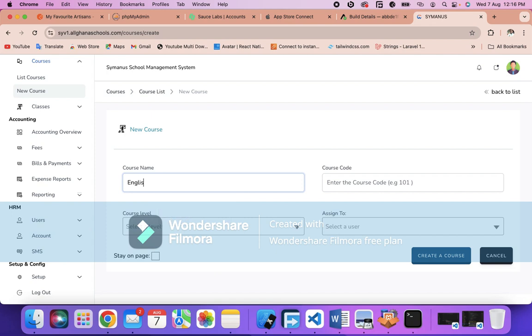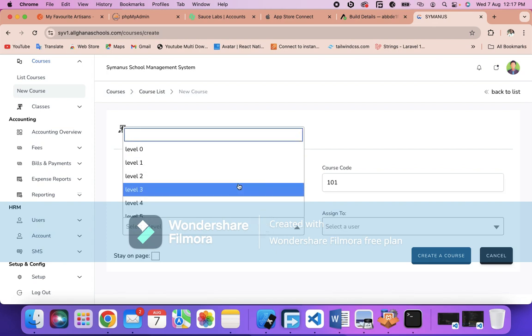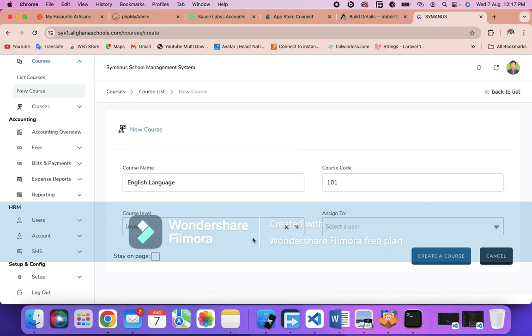So if English language course, say, and you provide a course code, you provide a level. So when I choose level 3, that means all classes that belong to level 3 are going to be studying this particular course. So English language 101, or I can just leave it as English language and just enter the 101 as the code,